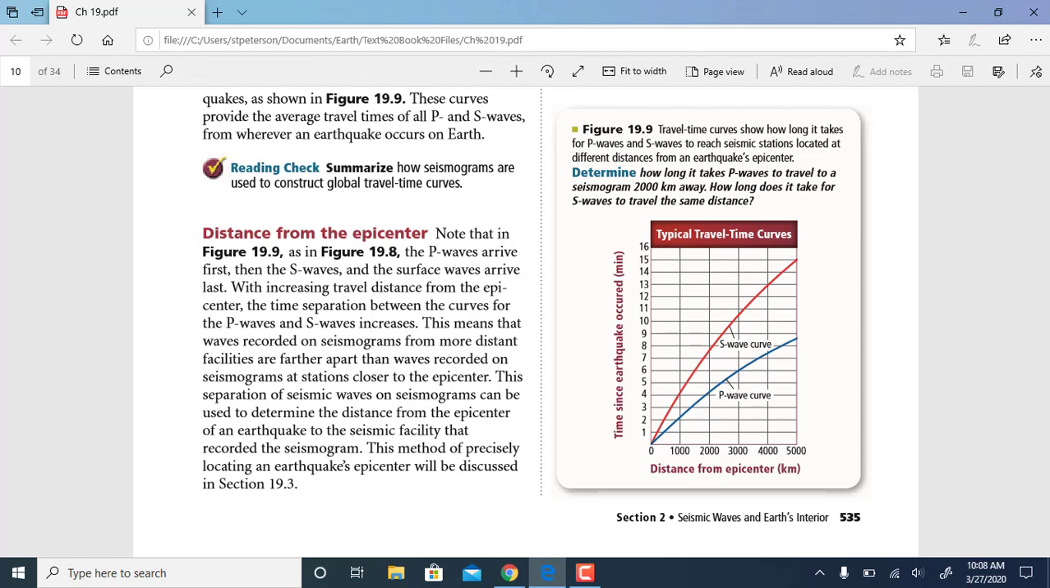This method of precisely locating an earthquake's epicenter will be discussed in section